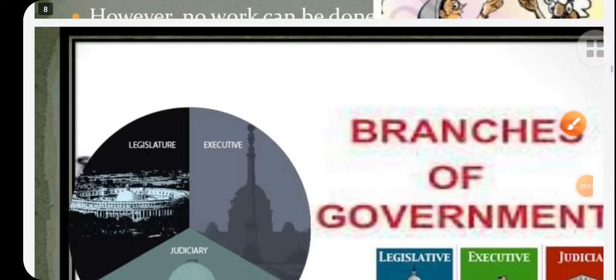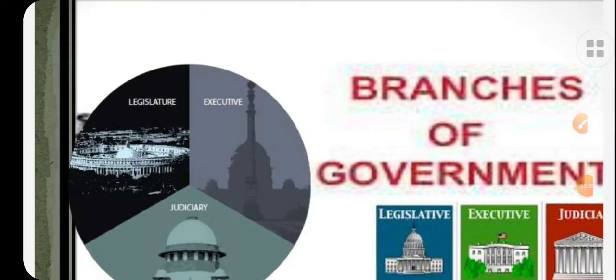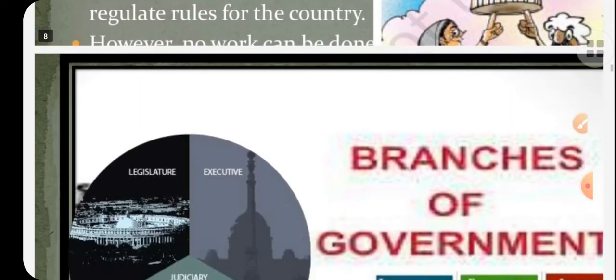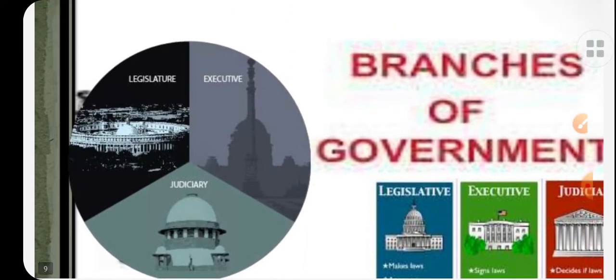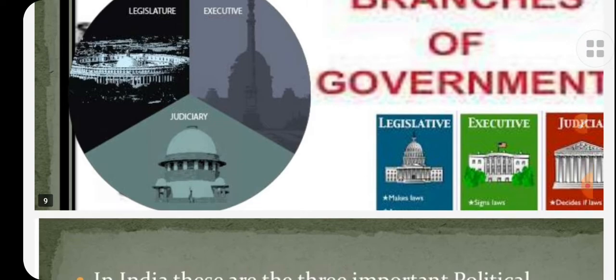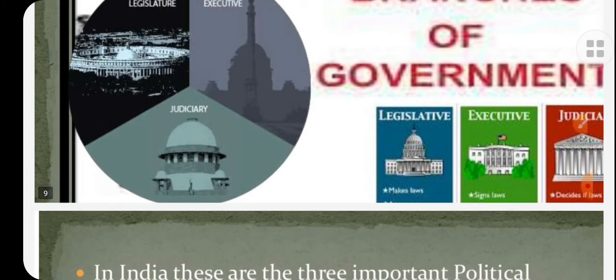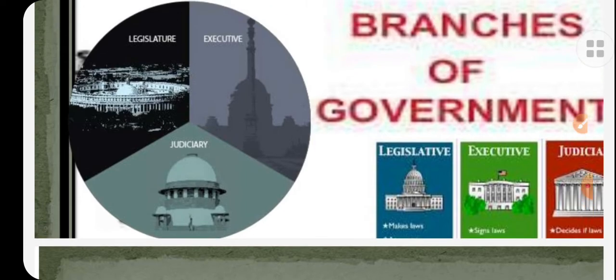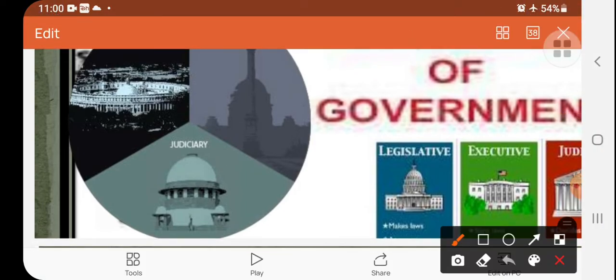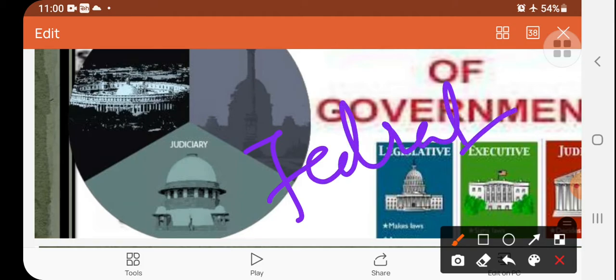Good morning, class. Today we'll discuss another topic of the chapter, that is the branches of the government: legislative, executive, and judiciary. We know that this particular term comes under the federal structure, and we know that under federal, two terms come, sorry, that is organ and